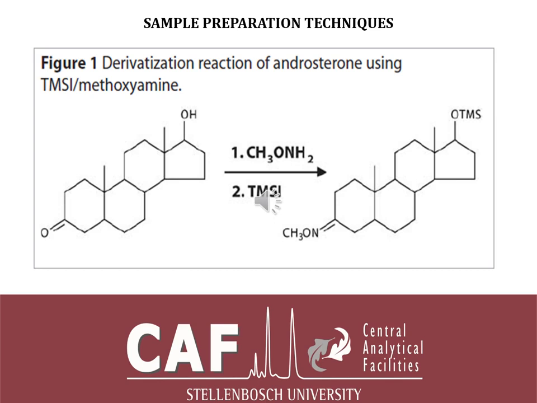And then you add TMS with the temperature heated up, and then the TMS will sit on the hydrogen of that OH up there. And then obviously this compound will now have a new molecular weight. Say, for example, the molecular weight of the compound before derivatization was 102. If you add to 102, most importantly, it's the TMS which you add, and the methoxyamine is the one that will change